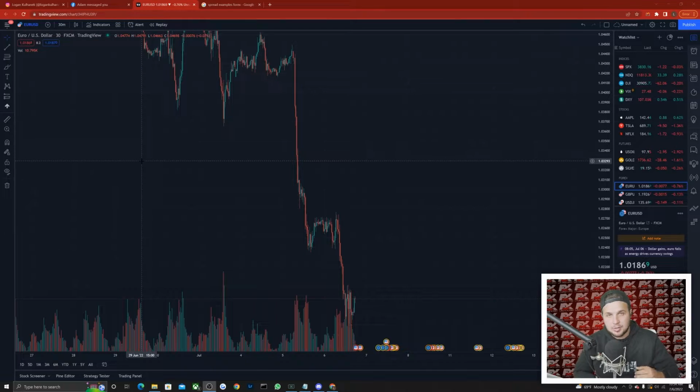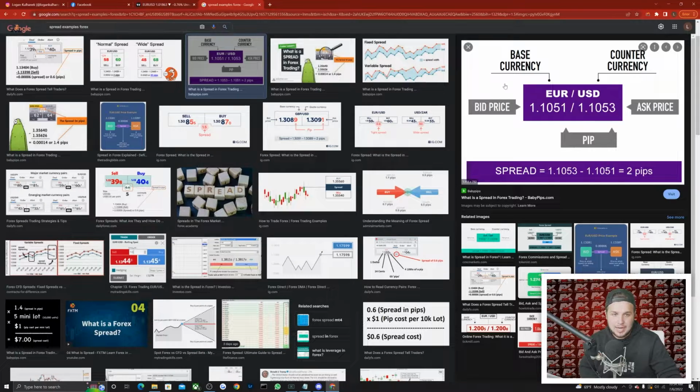All right, guys, let's talk about spread. Spread is basically the difference between the bid and the asking price. I pulled up an example on Google here that we can use for you guys to see visually. As you can see here, if we stick with the Euro USD examples, the bid price is 1.1051 and the ask price is